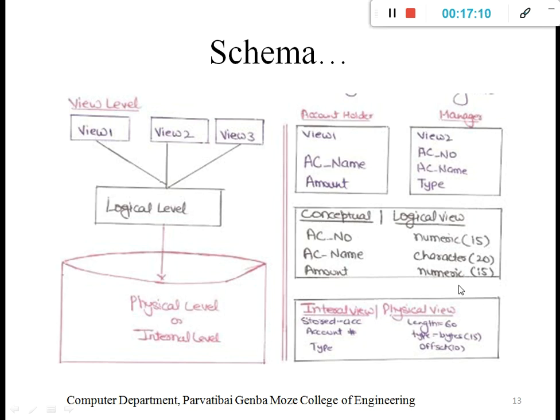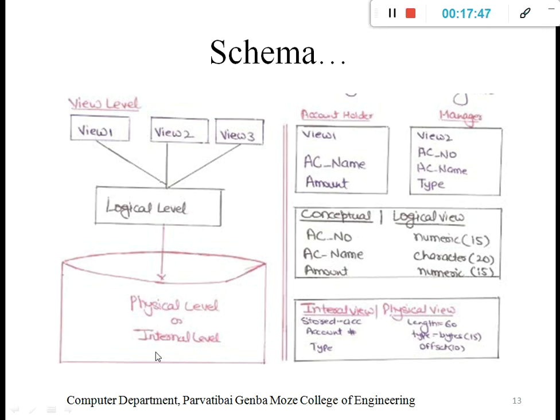Now we will understand the schema, meaning a design, like the account holder view with some design, right? That is how it understands the account balance with some view. That one is some design. Then the conceptual one runs a query on a particular table. That table design we can say is one type of logical schema. Then the physical schema. This diagram shows the abstraction levels and the schema types.